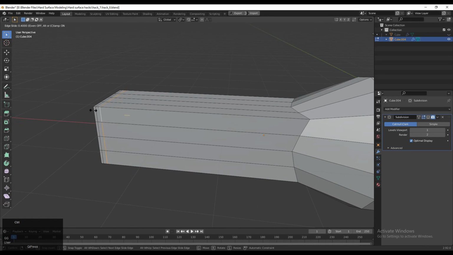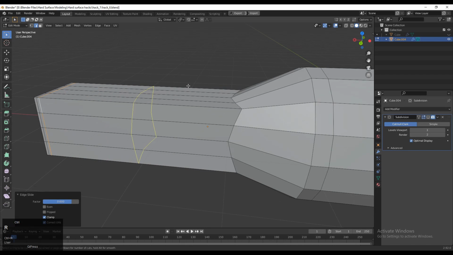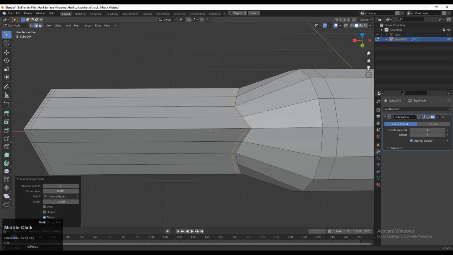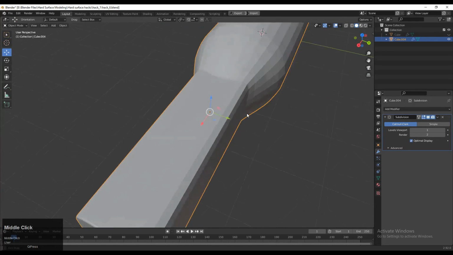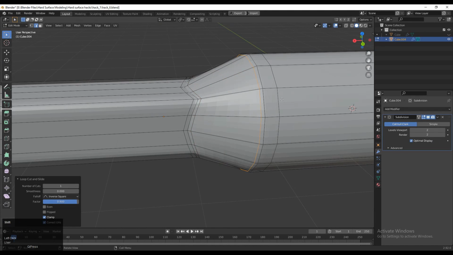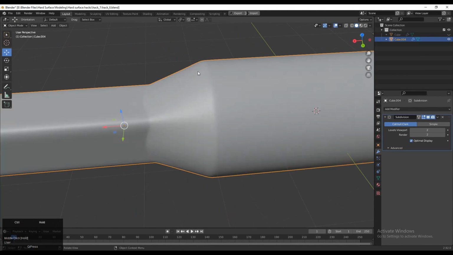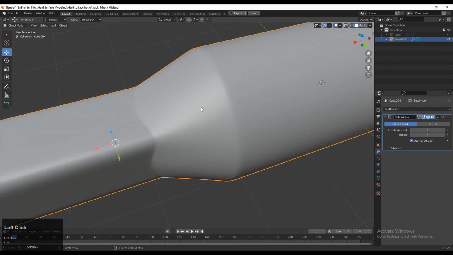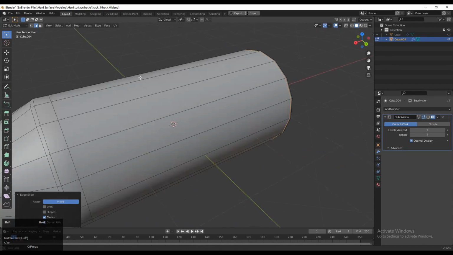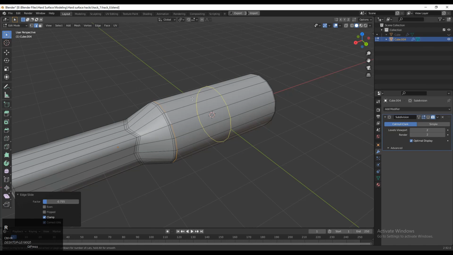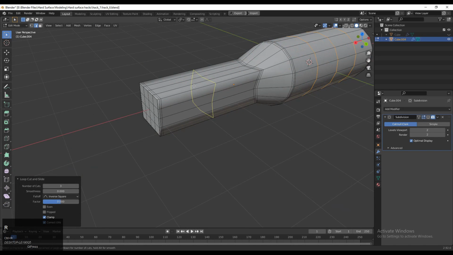And use the edge slide to give the right position to the loop cuts and add a loop cut over here. If you want more tighter and harder edges, then you can add the loop cuts too close to each other. So just keep a little bit of distance in between the loop cuts so you will get a more decent look. And then you can add a few more loop cuts on the model so you will get a more decent look.